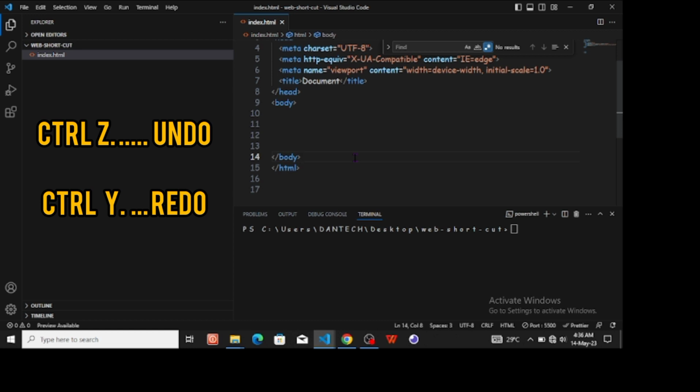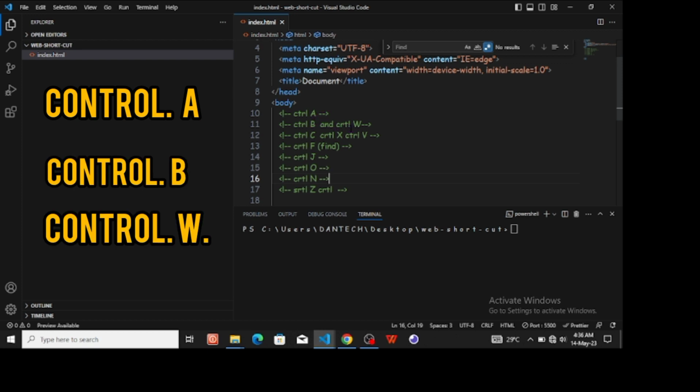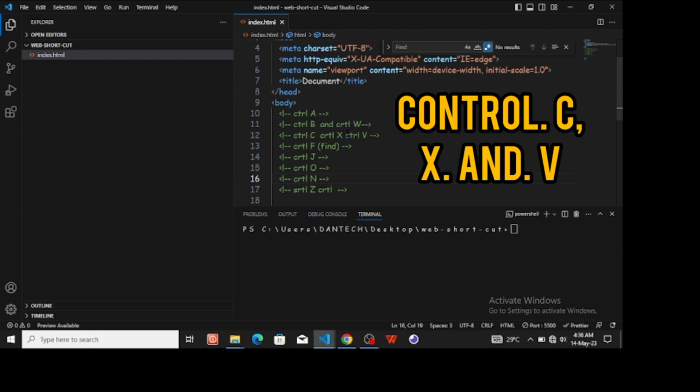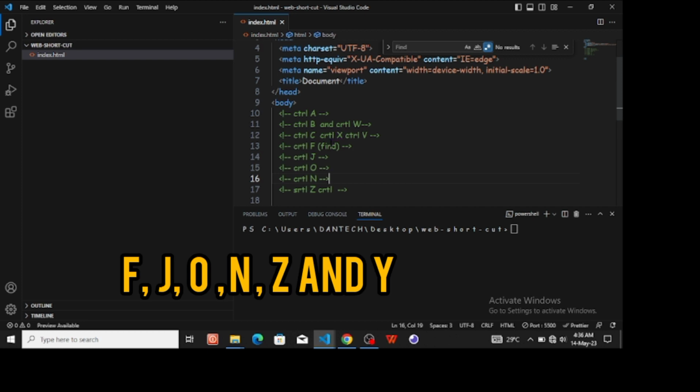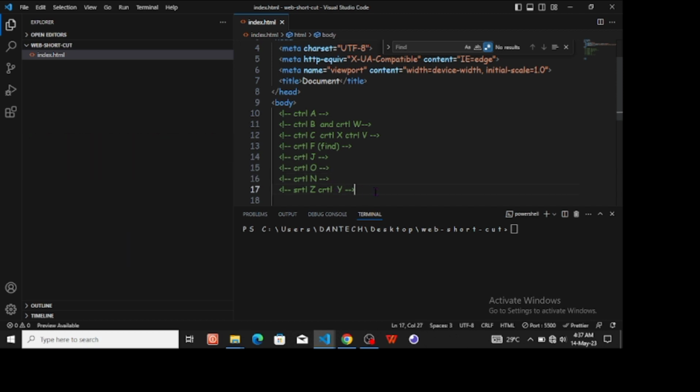So these are the shortcuts we have in web development. I advise you go through them one after the other and try to understand them, starting from the first one: Control A, Control B, Control W, Control C, X and V, Control F, Control J, Control U, Control N, Control Z and Control Y. These are the things you're going to go through, and they are going to help you while you are doing your web development. Finally, remember you can use